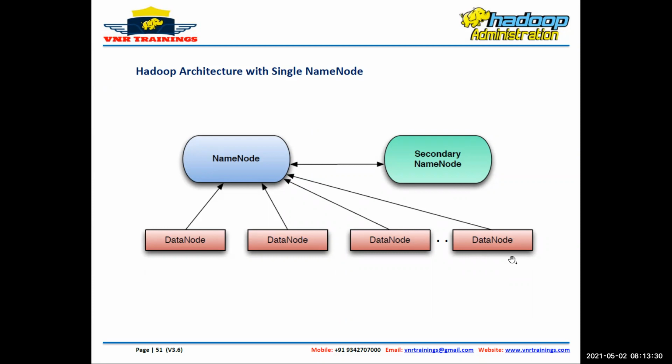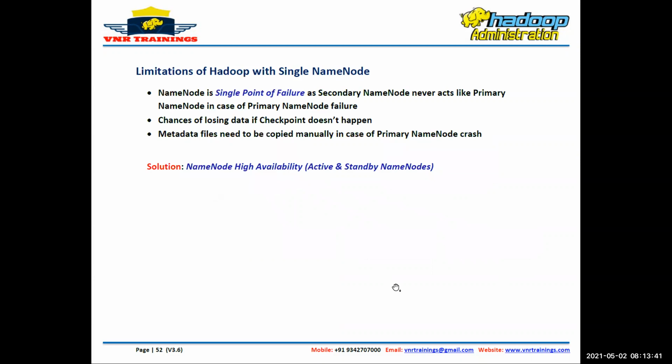Okay, now, guys, we understood this Hadoop architecture. We started Hadoop services. We have seen how the blocks are getting filled into different data nodes. Now the question is, do you have any limitations with this architecture? This is the Hadoop 1.x architecture, guys. Which version are we learning now? Hadoop 3.x we are learning, correct or not? But this is the architecture of Hadoop when they released it for the first time, sometime in 2008, 2009, 2010. You understood? So what are the limitations in this architecture?